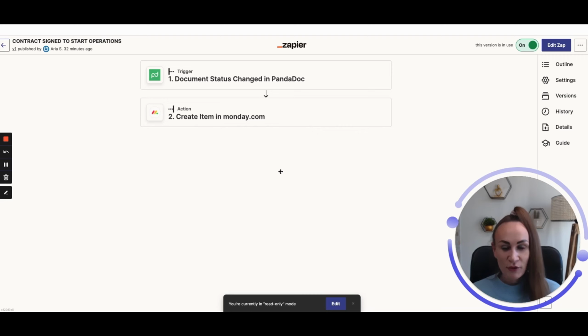In this example, you're seeing Monday. So how does it help? It helps simply to push information from your contract to your project management software and automate that. In another scenario where you don't have any automation, someone would need to track document changes, then would need to go to the project management software and enter all those details. So all of this is saving a lot of time if you have ongoing work,